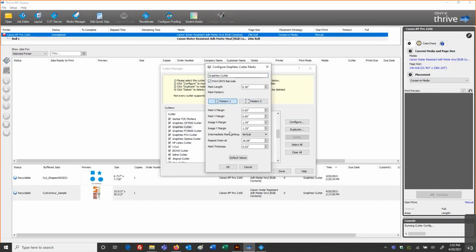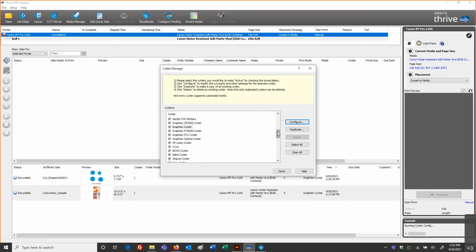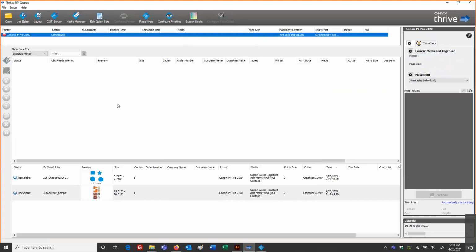There are a few general controls in here. Every one of these different cutter models will have its own series of controls and cutter configuration settings. So you can explore these as you like for the devices you're working with and consequently get that bit of information.